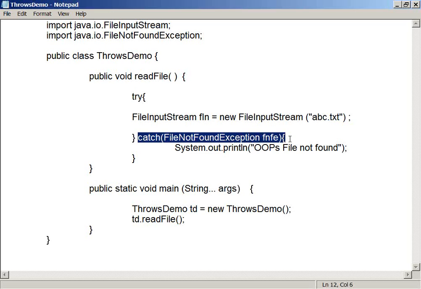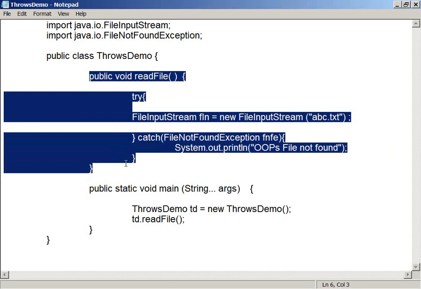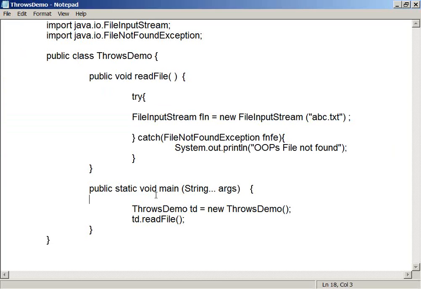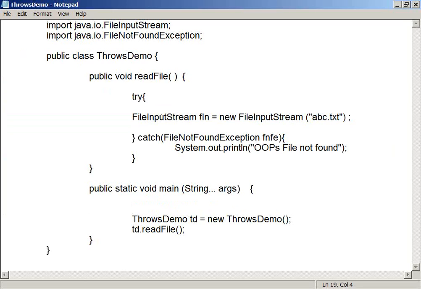It is just simply reporting it, and your compiler is strictly checking whether the person who is calling this is handling it or not. Some situations your compiler is not checking. What is that? Is your compiler checking this one, int i = 10 / 0?